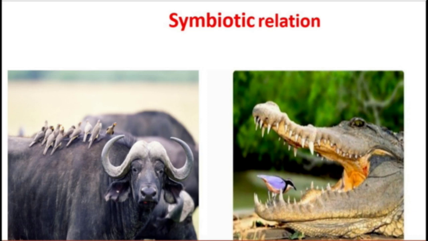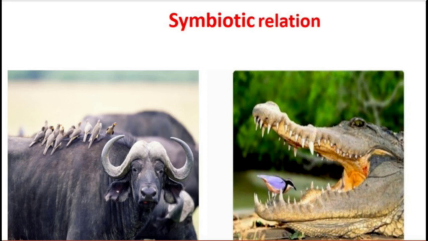Now can you tell me what type of relation do rhizobium and legume plants have? Is it saprotrophic, or is it parasitic, or is it symbiotic? Yes, it is symbiotic relationship. This symbiotic relation of bacteria and plant plays a very important role in farmers' life. That is the reason why farmers grow different types of crops in their farms.